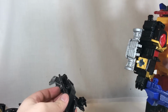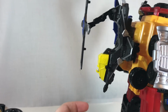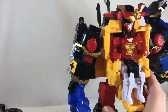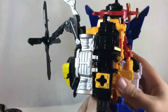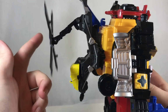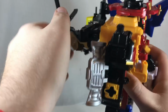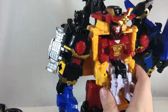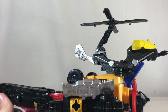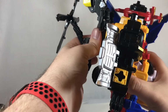But regardless, one thing I like to do is stick the Copter on the back of the Megazord here, and it kind of gives it a little bit of like these, there we go. Gets a little bit back heavy. There we go. It does have a little bit of a helicopter thingy back there, so it can go and fly around. Now, naturally, you could also flip it around. It does stick up off the back, and you can see all the little pieces wibbling and wobbling back there. But now he's got a front-facing cannon when he's flying with the helicopter,